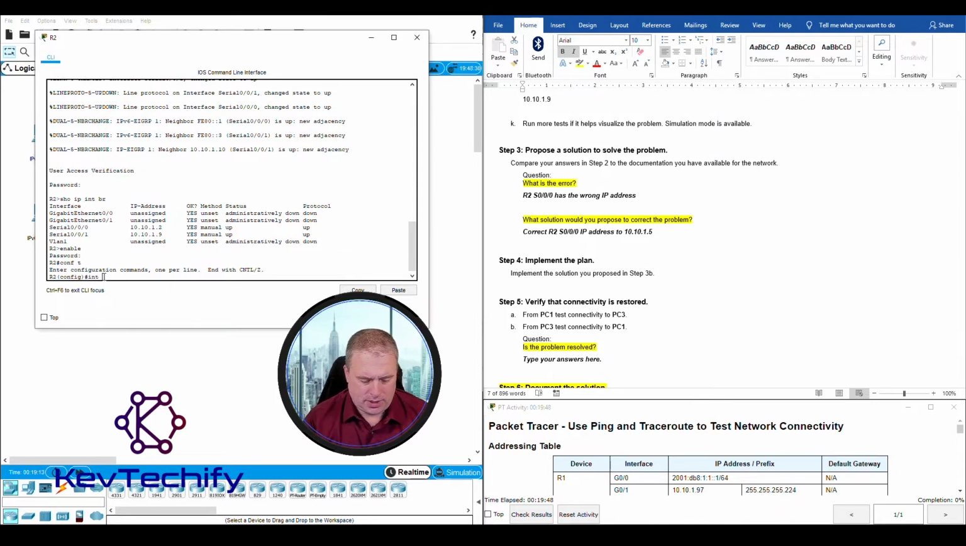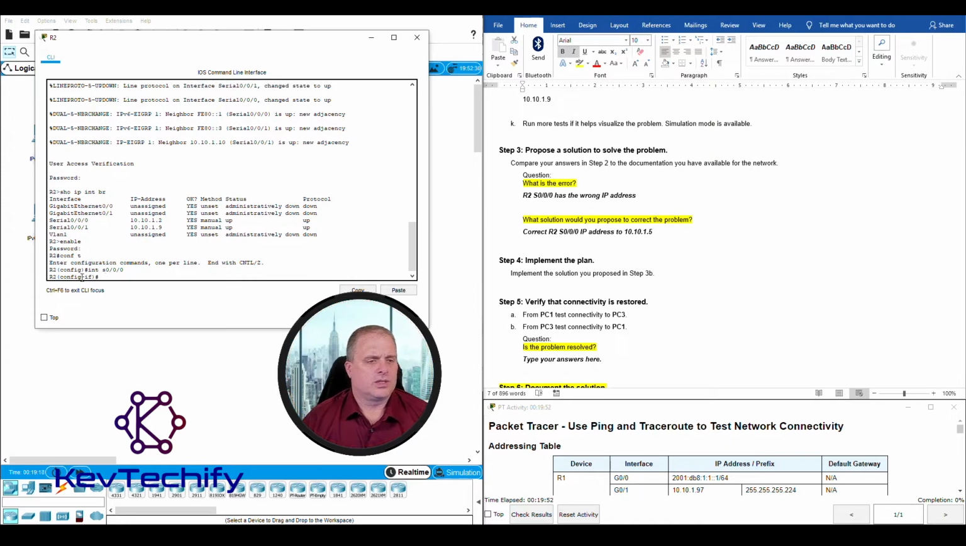So interface space S0/0/0. Go ahead and do that. Notice our command prompt has changed. We're now in the interface configuration mode. With IP version 4, to change the IP address, you just enter the IP address command again and it overwrites it. And so the command here is IP space address, and then the correct address once again is over here,